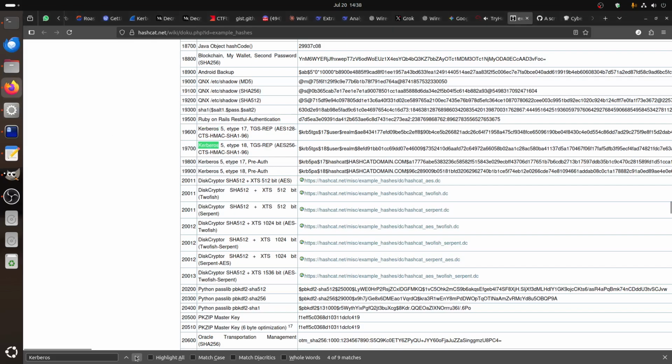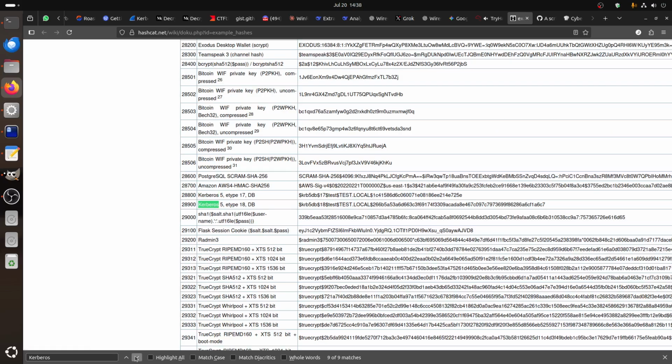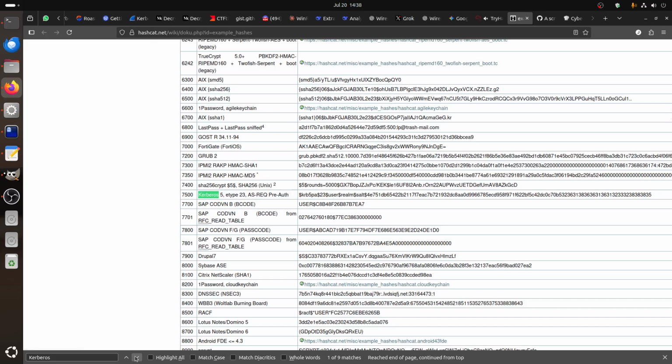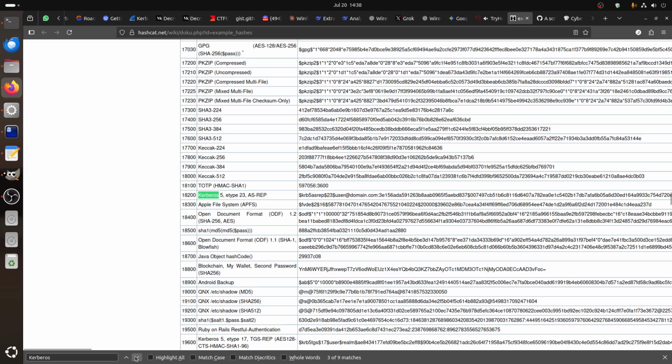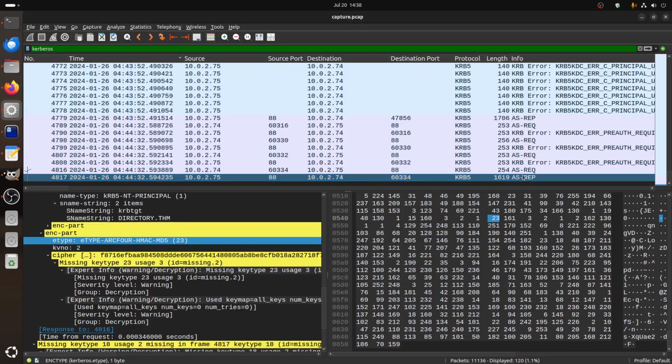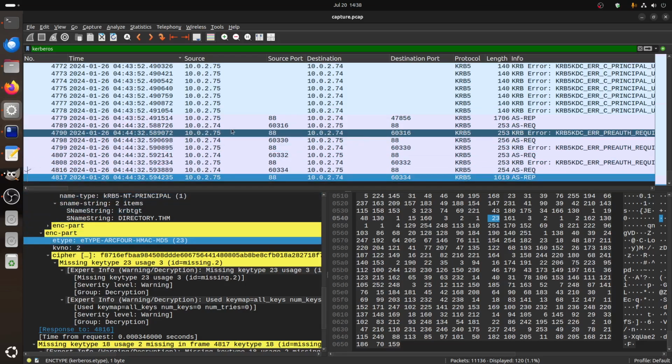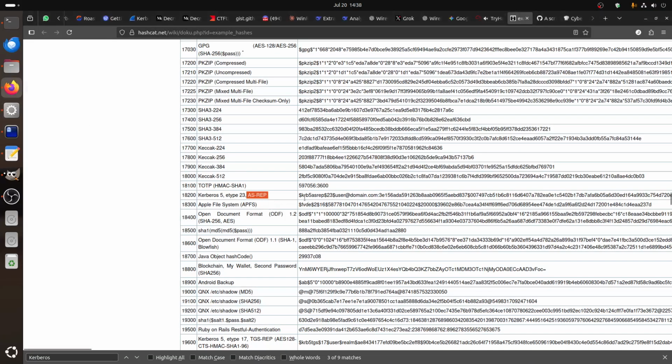This type 18 is pre-authentication, and we're not in pre-authentication, we're in responses. This type 17, 18, type 5 is a request, not a response. It's not TGS. Now this is interesting: it's type 5, type 23, AS-REP. So exactly, we are in a response. Type 23. So if I follow this, the format is